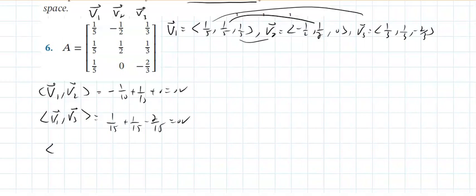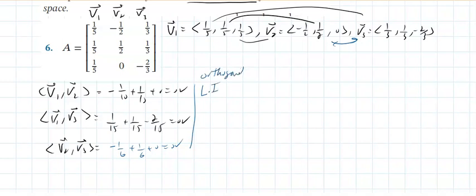It checks. And if I take the second and the last, again, all the combinations, that would be, nope, I'm messing up, those two. And that is negative 1/6 plus 1/6 plus 0, which is 0. So all of that check, that's good. They are orthogonal, right? And if they are orthogonal, they are linearly independent. According to the theorem, so we know that they form bases for the column space